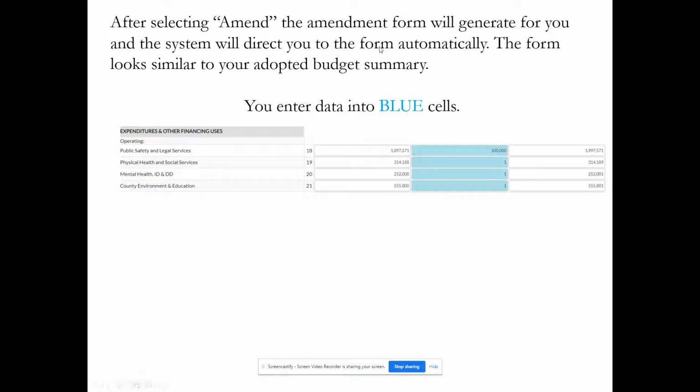It's going to populate in the first column all the information from the existing data, and you're going to make your changes into blue cells, right? So you're going to make your additions, increases in these blue cells. You can, if needed, if you need to show a decrease, you can do so as you would normally do by showing a negative number in this middle column. So that option is still available to you if you need to show a decrease for one reason or another.